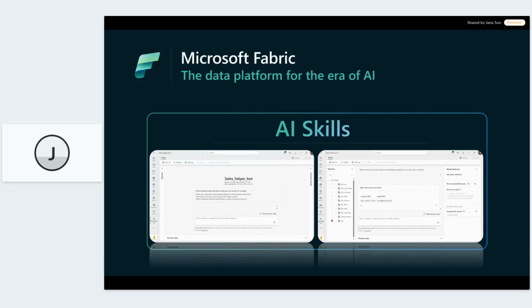And by just choosing the tables in an AI skill, sorry, that's a mouthful, just by choosing the tables, they can already start working in the chat to just ask ad hoc questions on the data. And the AI behind the AI skill will figure out what question is being asked in natural language.